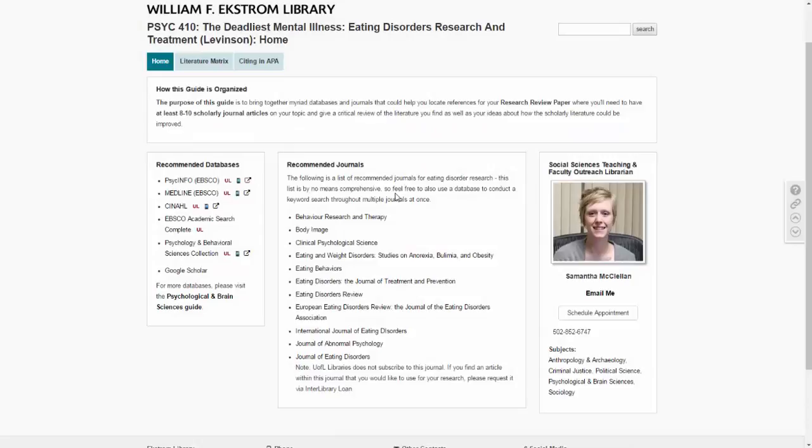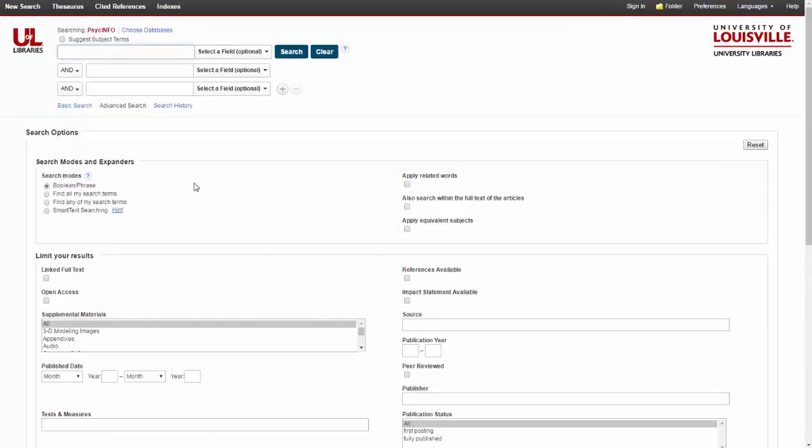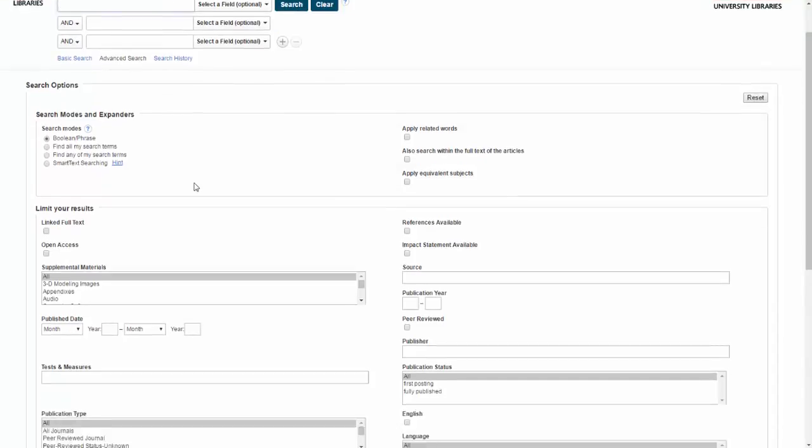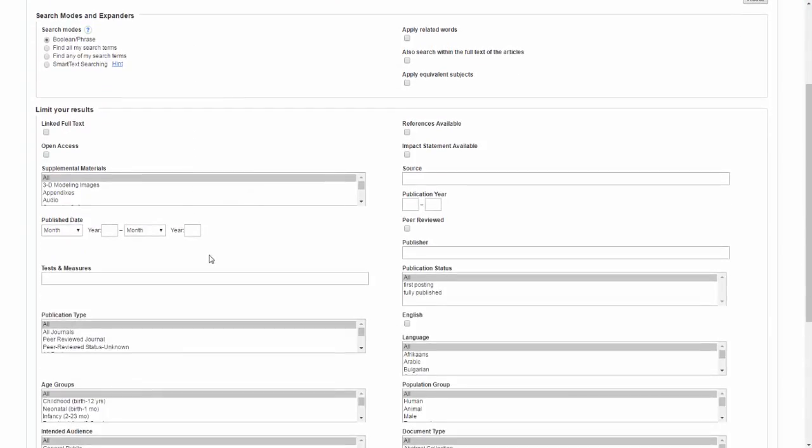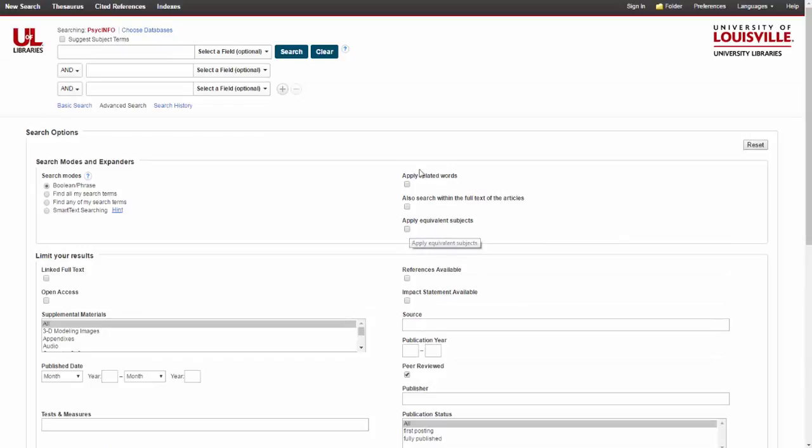disorders. PsycInfo is a great place to start for research in the psychology discipline because of its breadth and also because of the array of limiters available to researchers in the discipline, including population group, age groups, and methodology. For the purposes of our search, we're just going to select the peer-reviewed box. While the database primarily contains peer-reviewed research, we want to ensure that we obtain only the peer-reviewed research in our